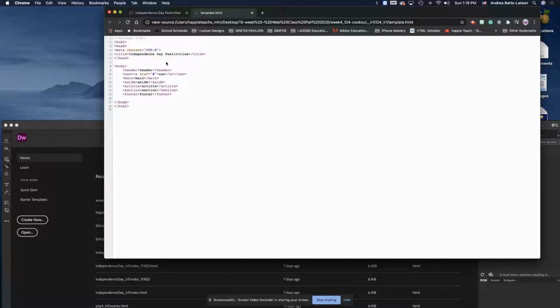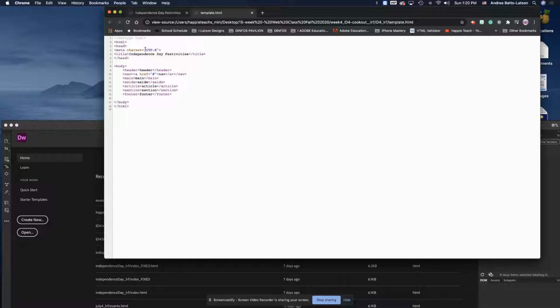I sometimes will start off with a template, but typically I type out all of my stuff. And again, that's because I have a different issue. For me, the issue is my memory. So I want to make sure that I'm always typing it so that I can always commit it to memory. But for you guys, if you work from a template, then that's going to help you. And pretty much all it is, like I said, is the head, the basic stuff, body. Then we have header, nav, main, aside, article, section, footer, body, and HTML. So this is pretty much just our base